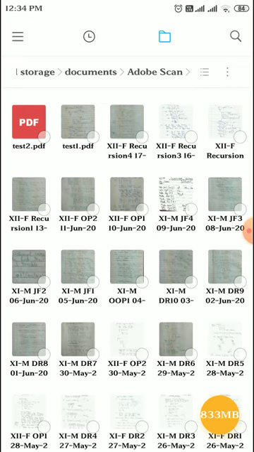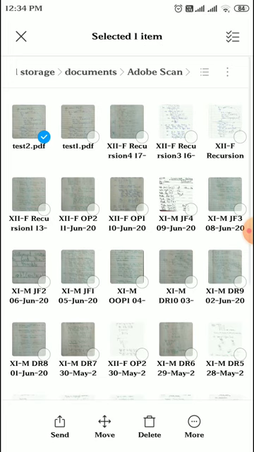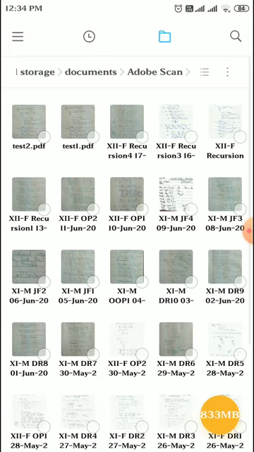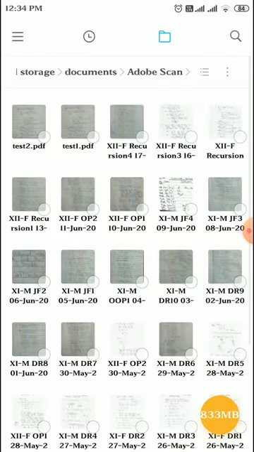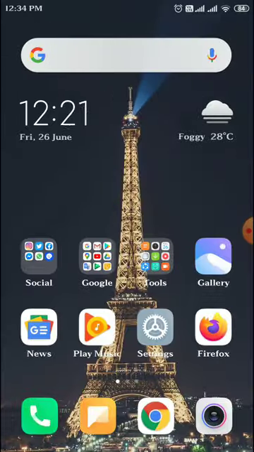So I'm just going to select this and I can either open it or I can send it to anybody. Right, I can share it using WhatsApp, Google Classroom, etc. So you have located where your document is exactly. Okay, if you want, you can share it or you can attach it in any of the software like Google Classroom, Google Mail, or any other software, whichever you want. Okay, so it's very easy.